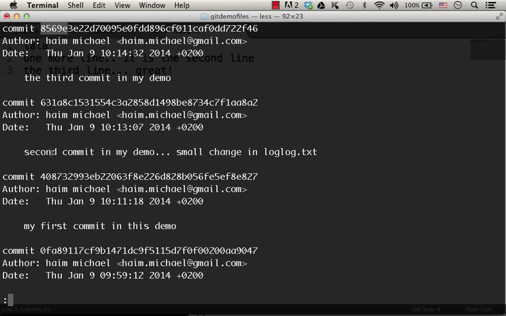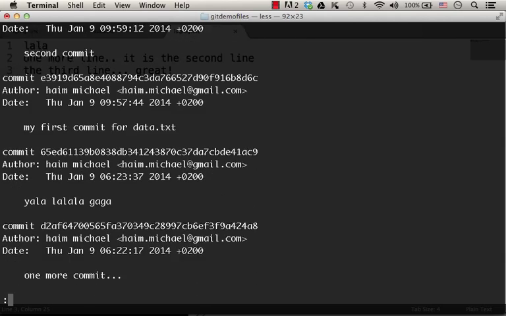So let's say we want to return to the state when we did the commit. This is the message that describes it. So we actually don't need to copy all the ID. We can settle with the first 5 digits,